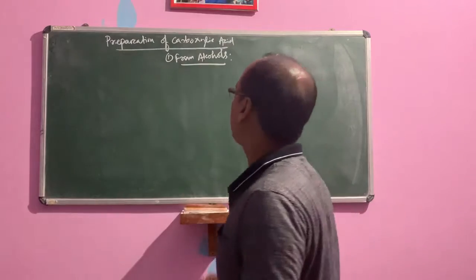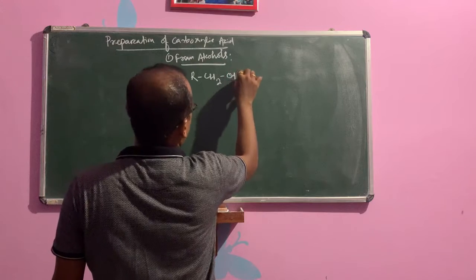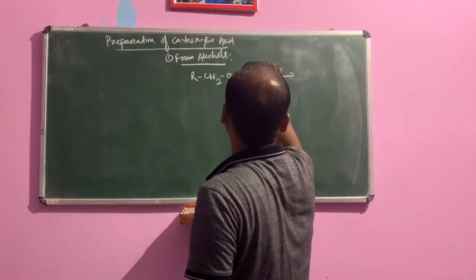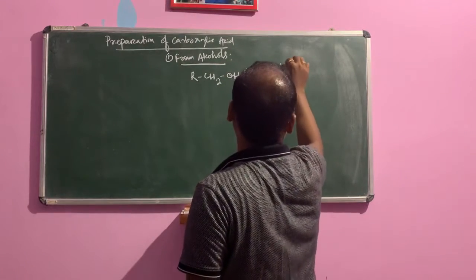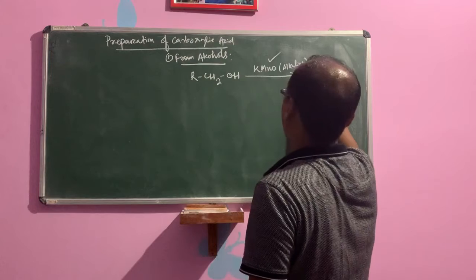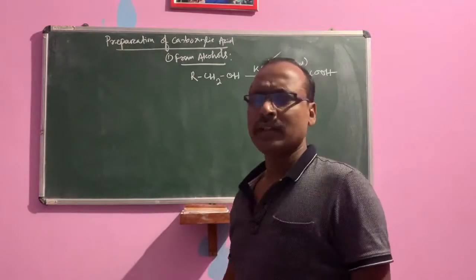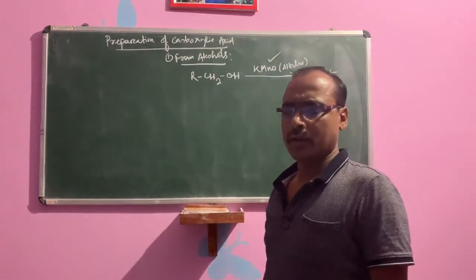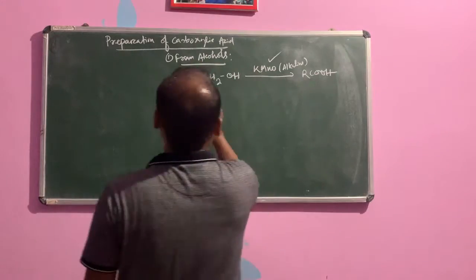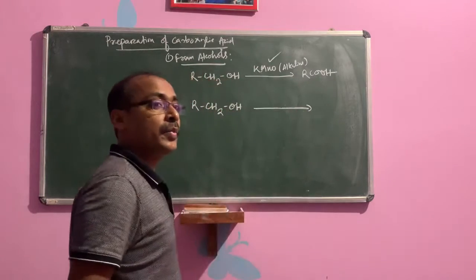Suppose you take RCH2OH. In presence of alkaline KMnO4, or you can take acidified KMnO4, this one is strong, and directly it will give RCOOH, carboxylic acid. Also, there is another type of reagent, that is Jones reagent, that is acidified chromic oxide. If you put Jones reagent, that is acidified chromic oxide,